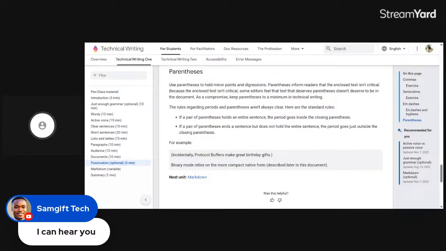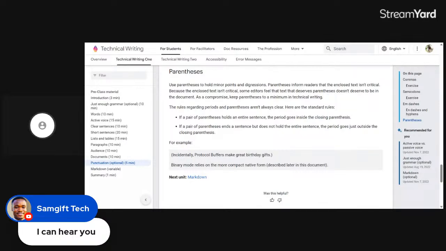So the last punctuation that we'll be talking about is parentheses, and this is an example of how to use a parenthesis. It says binary mode relies on the more compact narrative form, and in the parenthesis, it says described later in this document.